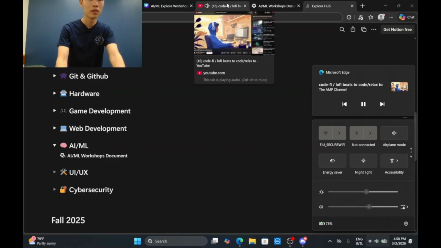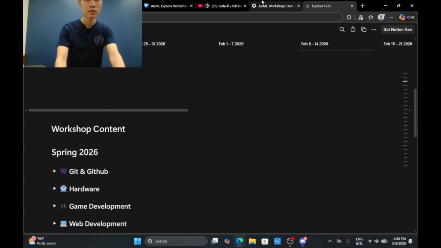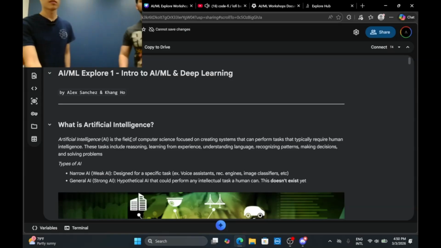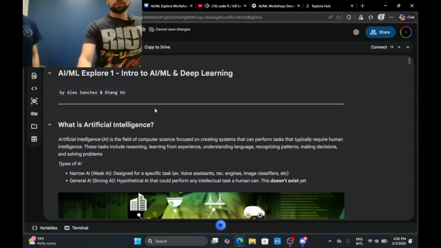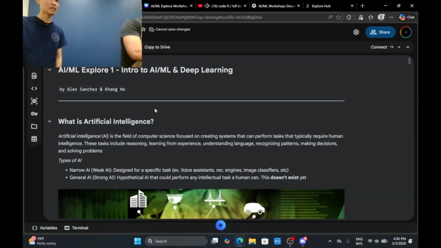Is everyone good? Okay, make sure to go to the Colab notebook and we can start from there. Yeah, so Google Colab is basically this cloud platform where you can access different GPUs and TPUs.